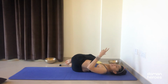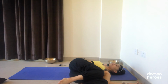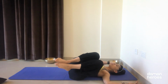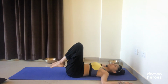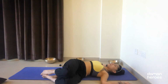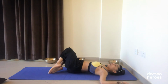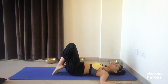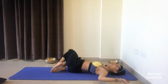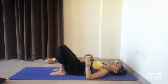So you want to progress and slowly bring the heels closer and closer to your sitting bones, just so that you get a good stretch all the way up towards the upper back. So you can start off with the heels away from the sitting bones, then work your way closer. Every time you do this, bring your heels maybe 3 centimeters closer. All right. And once you've done this 10 times on each side, we're going to do the next exercise